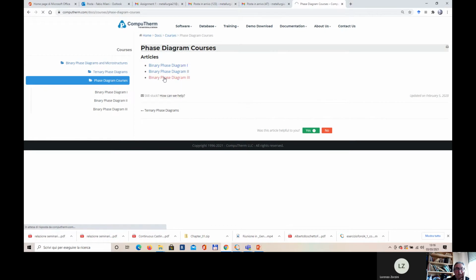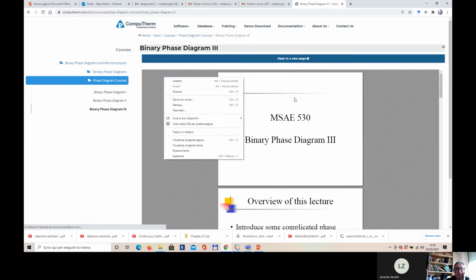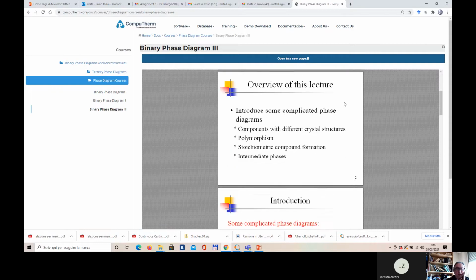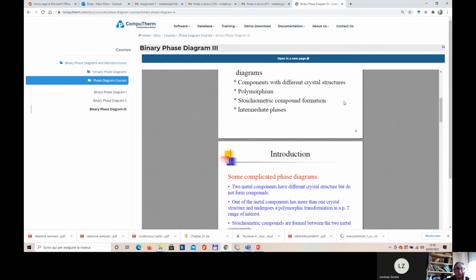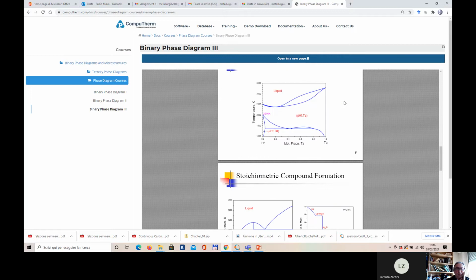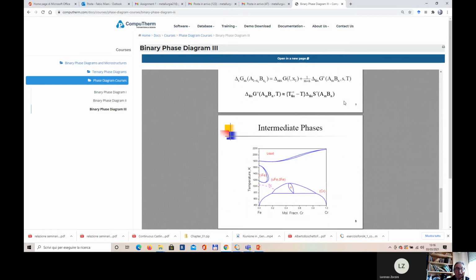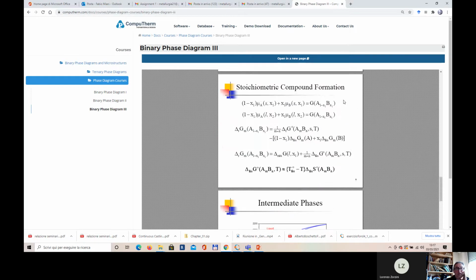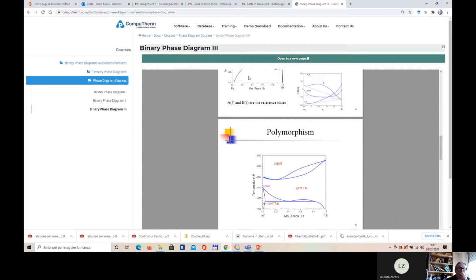And trying to explore whether you can save it. Binary phase diagram 3. Well, this is shorter. Anyway,